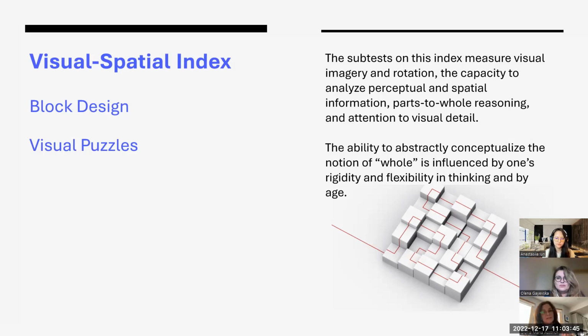So this one does involve more of the putting together. So you're putting together the pieces that make the whole. Visual puzzles, the approach is quite different. Here you have a puzzle that's already completed, and then underneath that picture of the puzzle, there are 6 options of 6 pieces that make up that puzzle. And the initial items are very concrete, and so they're pretty much in the same orientation